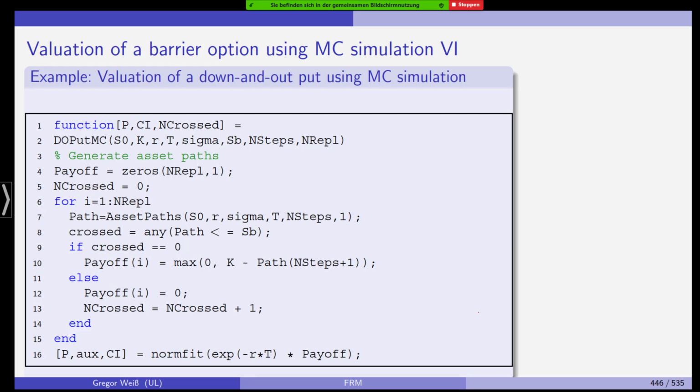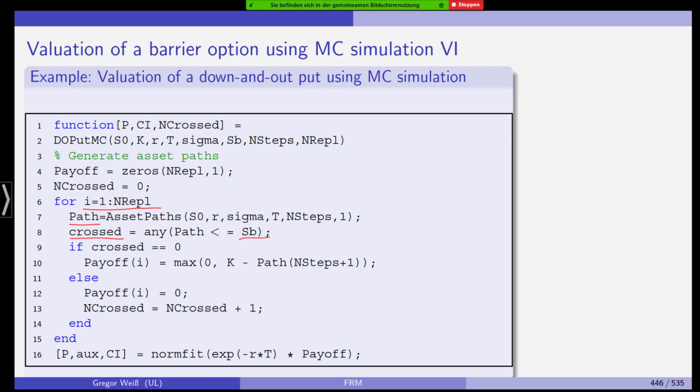First of all, we generate asset paths as before, and for each asset path, so for I equal to 1 to nREPL, we take the path and we say crossed is a vector that says if any path is smaller or equal than the barrier. This is a down and out put. If the simulated underlying price goes below the barrier SB, then it's down and out. It becomes invalid. So if crossed is 0 for this asset path,